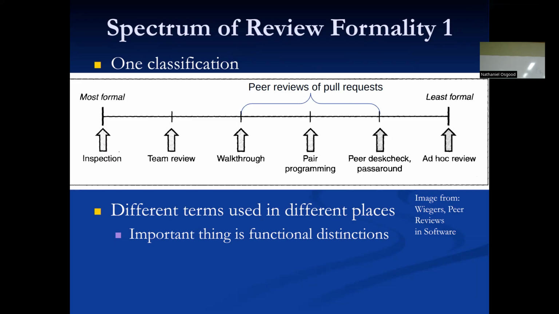I'm sorry. Just the pull request, you can't have a formal inspection of the full... Oh, you can. You can. It's just that when you put in a pull request or merge request, I'm using the language interchangeably, you will typically stipulate the criteria needed for review before it can be approved. And commonly those will include reviewers looking at it asynchronously. Now, you're absolutely right. When I say asynchronously, I mean there's no formal meeting. It's like I've looked at it and Jill looked at it and we approved.